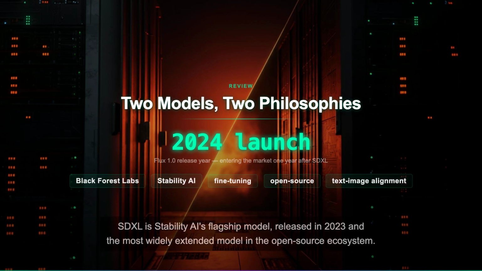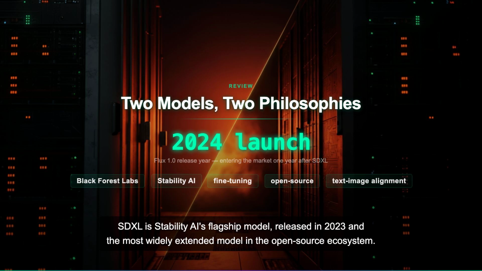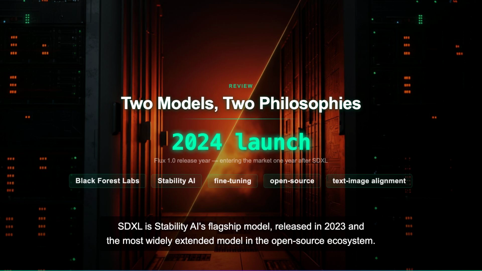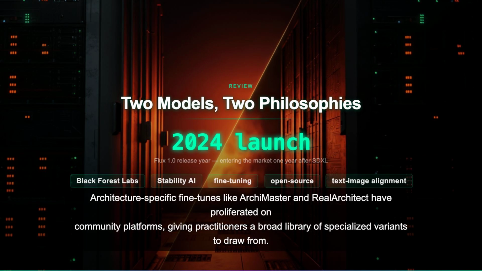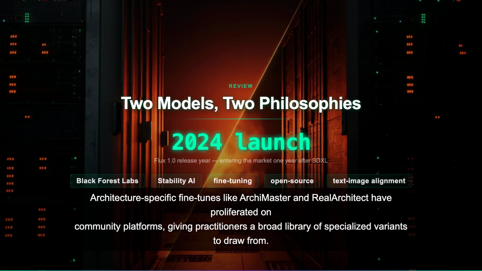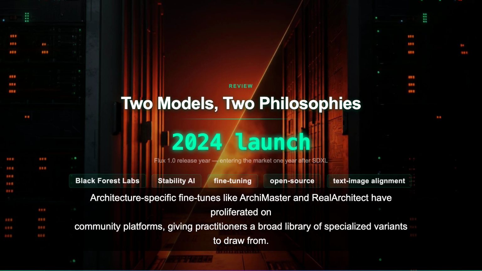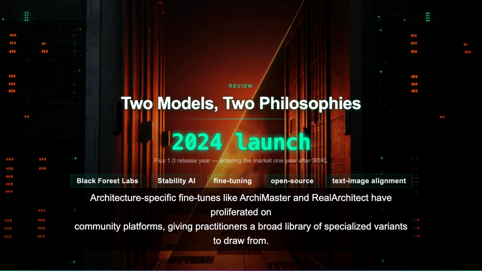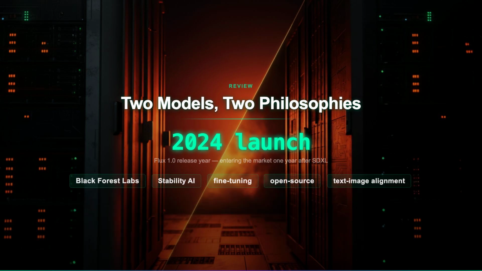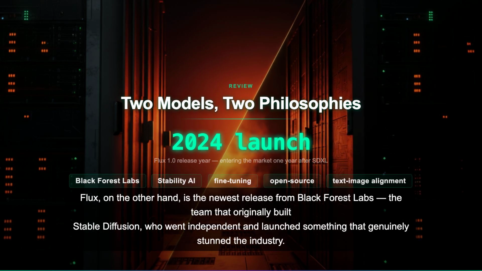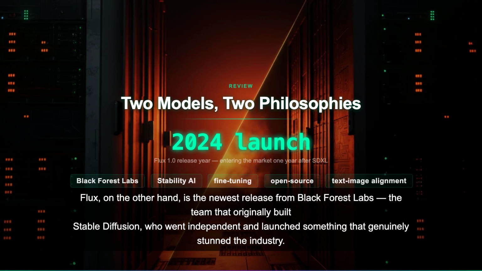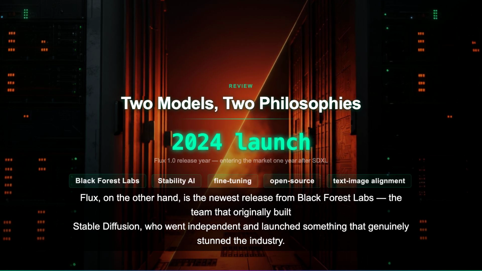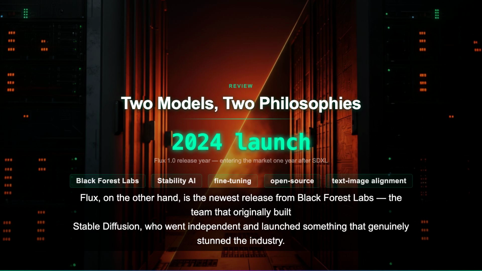SDXL is Stability AI's flagship model, released in 2023, and the most widely extended model in the open-source ecosystem. Architecture-specific fine-tunes, like Archimaster and Real Architect, have proliferated on community platforms, giving practitioners a broad library of specialized variants to draw from. Flux, on the other hand, is the newest release from Black Forest Labs, the team that originally built Stable Diffusion,